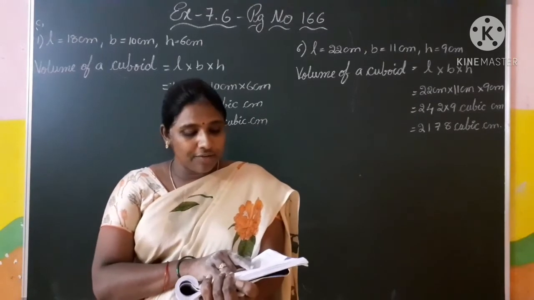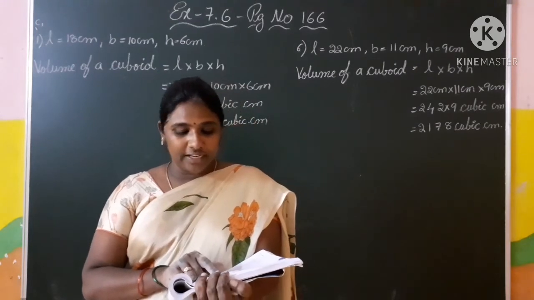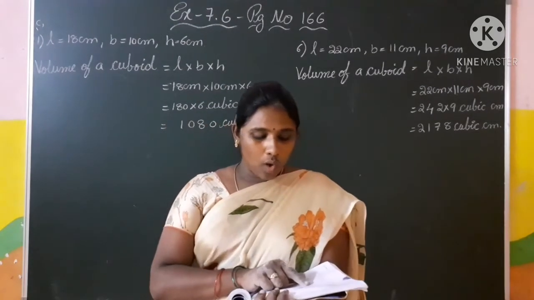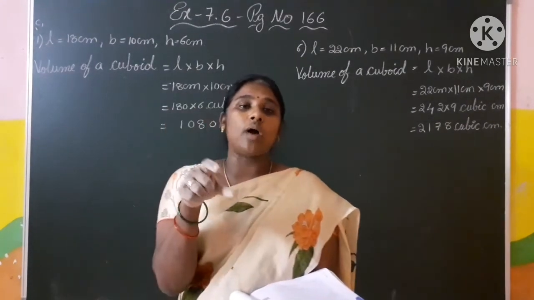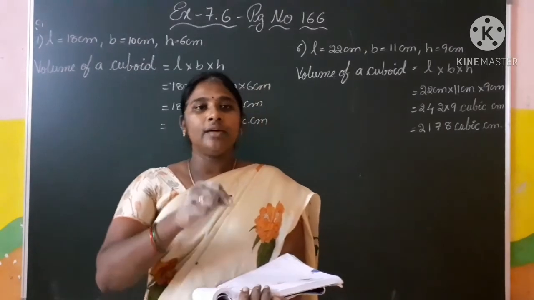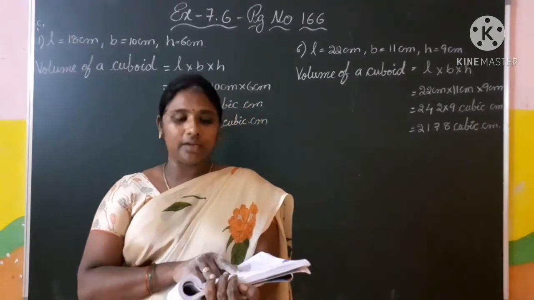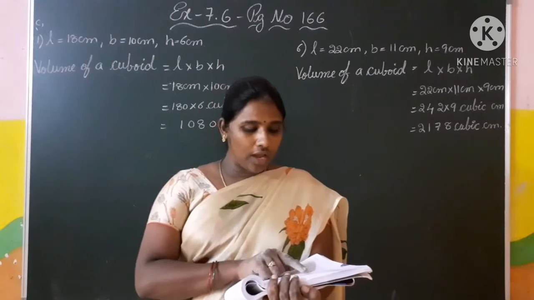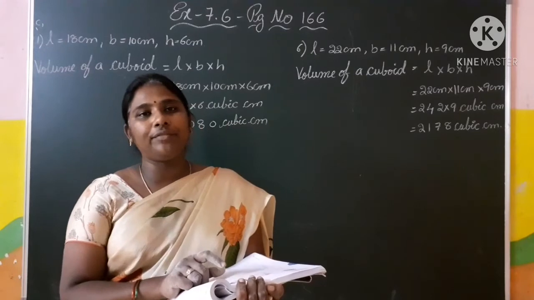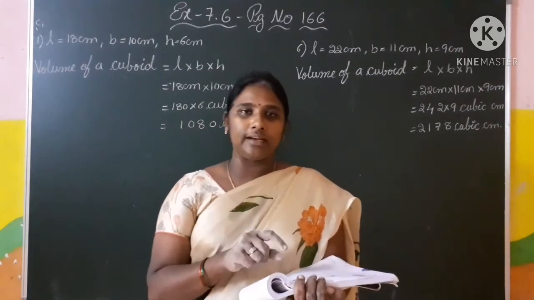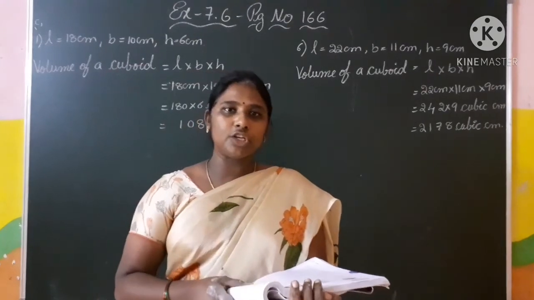First question, a box of length 30 centimeter, breadth 30 centimeter and height 50 centimeter is filled with oil. What is the volume of the oil that has been filled in the box? How much quantity of oil will be there in that box? We have to find now. So length 30 centimeter, breadth 30 centimeter, height 50 centimeter. So we have to find the volume of the oil in the box. So volume of the oil in the box means what we have to do? It is in the shape of a cuboid. So we have to find the volume of a cuboid, length into breadth into height. Do the multiplication, you will get the answer.